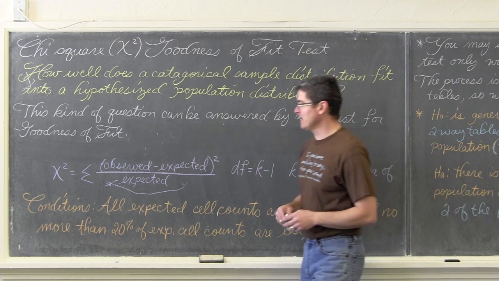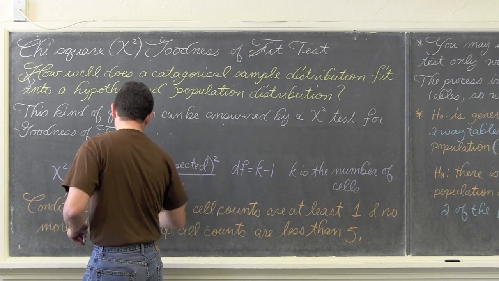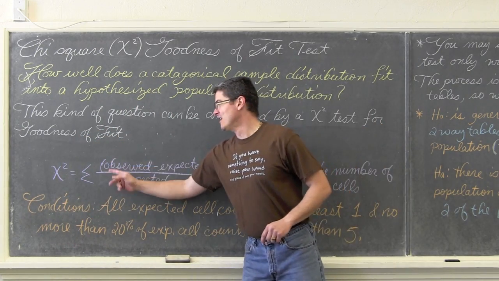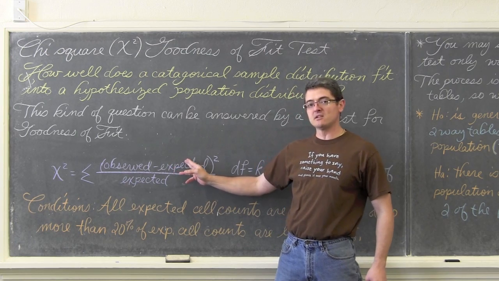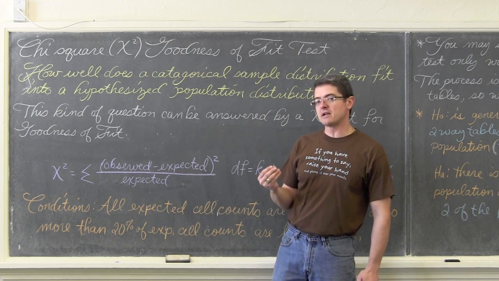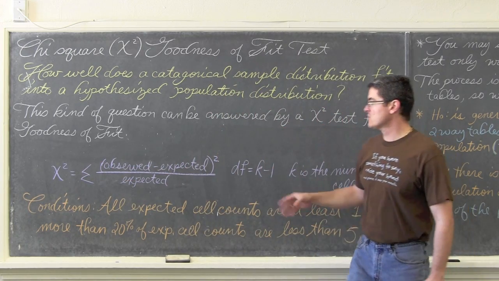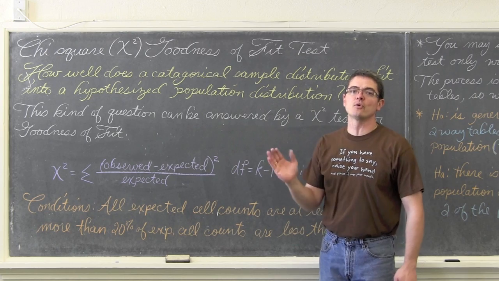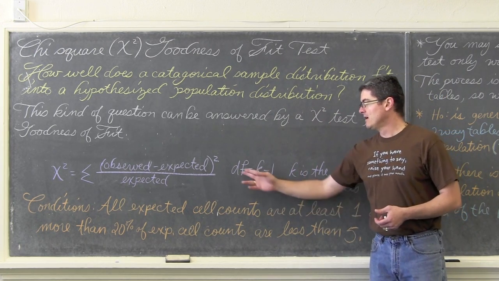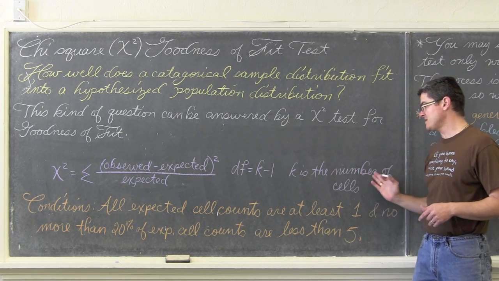Okay, the formula for calculating chi-square, which I see has a little bit of added graffiti here: chi-square is equal to the summation of the observed values minus the expected values, squared, divided by each individual expected value. And let's not forget this Greek symbol for summation just means constantly add. So we'll do this particular calculation for every cell in the one-way table and then add up all those results. The degrees of freedom for this test is k minus 1, where k is the number of cells.